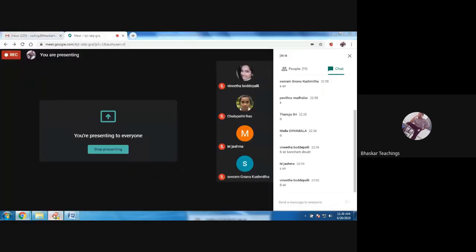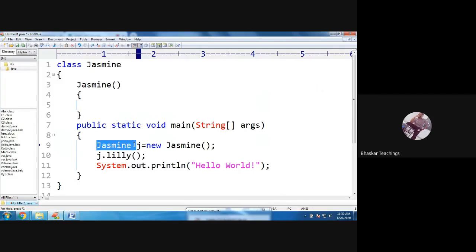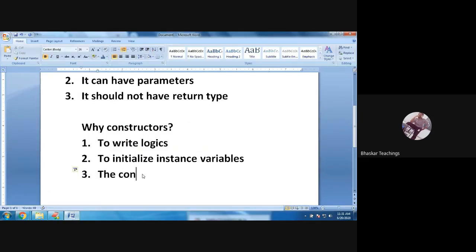Here you have the answer already. When the object is created. Yes, a constructor gets executed when it is called. And when is it called? During the object creation. In the syntax itself, we have the constructor call here, right? So that means the constructor gets executed when objects are created.